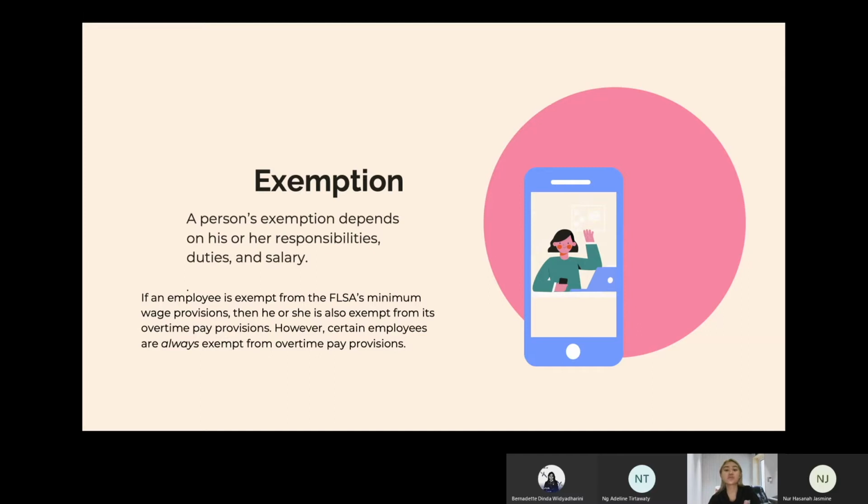It is the exempt employees. A person's exemption depends on his or her responsibilities, duties, and salary. If an employee is exempt from the FLSA's minimum wage provisions, then he or she is also exempt from its overtime pay provisions. However, certain employees are always exempt from overtime pay provisions. They include, among others, agricultural employees, live-in household employees, taxi drivers, and motion picture theater employees. Next